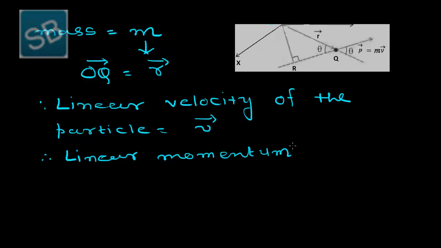See, till now I have only discussed the linear kind of motion. I have not observed the rotational motion from this point Q to point R. I am just considering, at present, the linear motion. And so the linear momentum is denoted by small p vector, and that is given by the relation mv vector. Now, when this particle is rotating with respect to this angle theta,